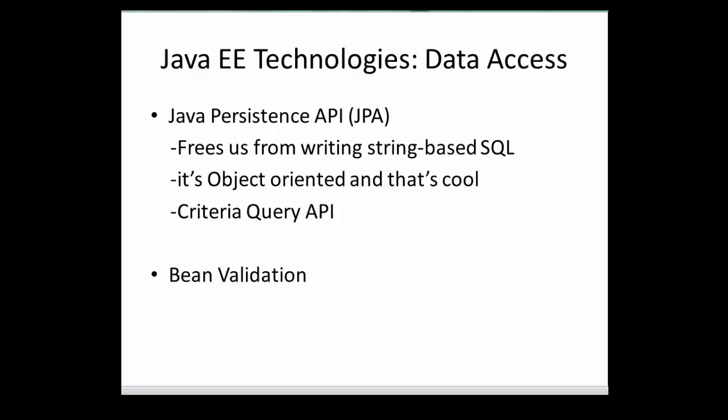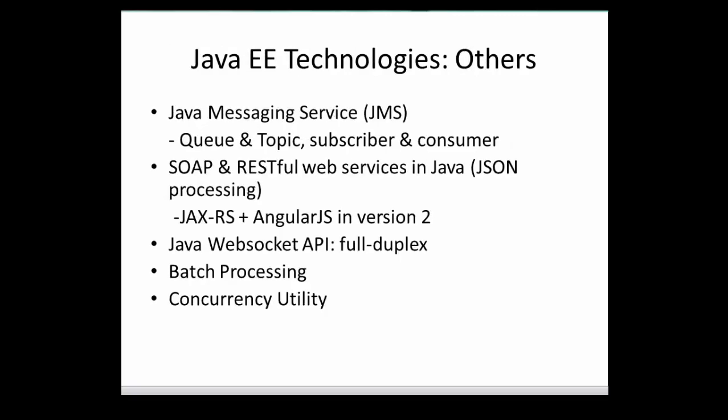Then I will be introducing the new Criteria Query API, which is very fun. I love it. I enjoy writing my code using the Criteria Query API. Then bean validation. We need data integrity. When we're putting data in the database, we don't just want to put inconsistent data or data of the wrong format or data that will not be used at the end of the day. We need to be able to tell the user, oh, this data you're about to insert is not the right kind of data we expect. So we're going to be writing a bunch of custom constraints to be able to validate. We'll be using NotNull to ensure that we don't want null data, we don't want an empty string in the database, we want you to put real data. So we will explore bean validation in the course of the training.